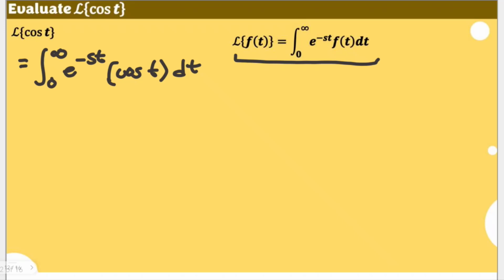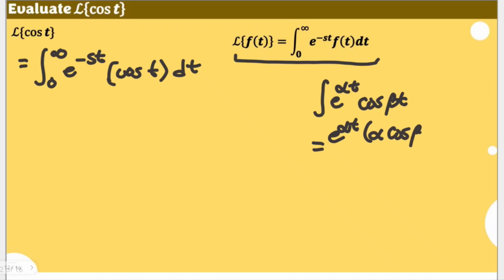Rather, we can use a specific formula in our calculus as we try to integrate a certain exponential function, in this case, e to the alpha t, times cosine beta t, for any value of alpha and beta. This is actually equal to an expression in this manner. e raised to alpha t. Let me move here because I believe the space will not be enough. e to the alpha t times alpha cosine of beta t plus beta sine of beta t,